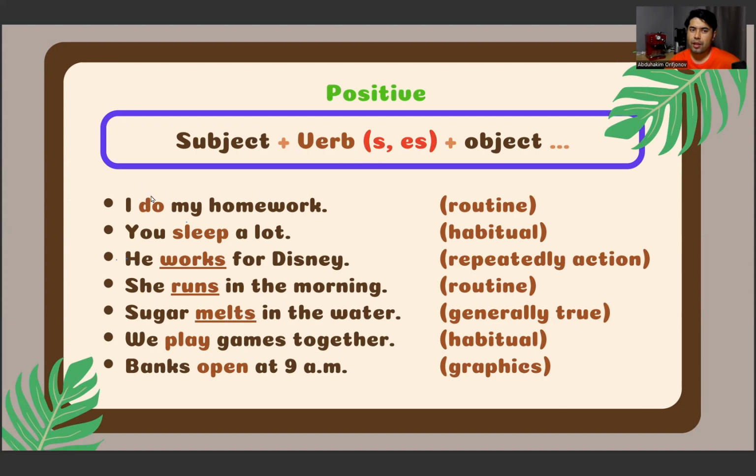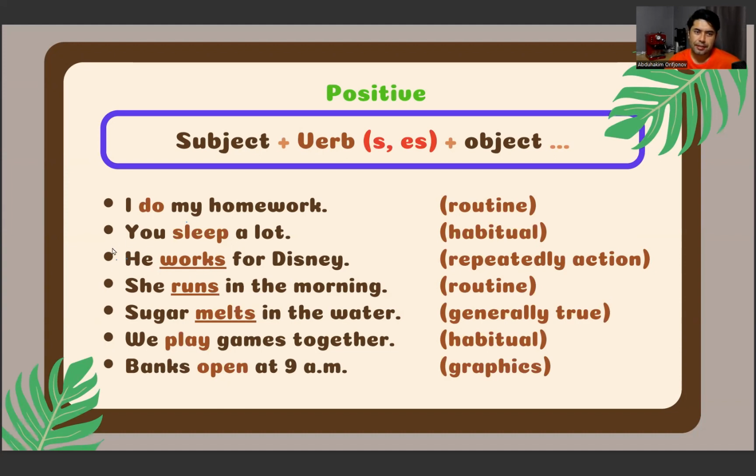This is the action do. This is a daily routine. You sleep a lot. This is a habitual thing. He works for Disney. This is a repeated action. And here work is the main verb, and we put s on the verb because